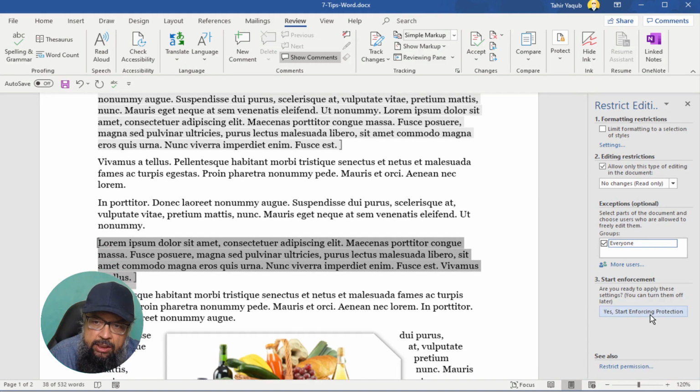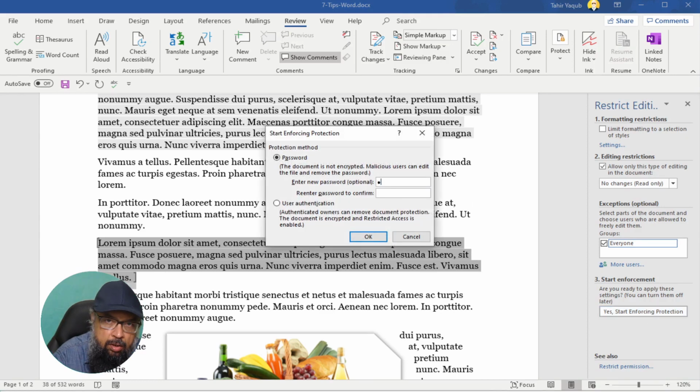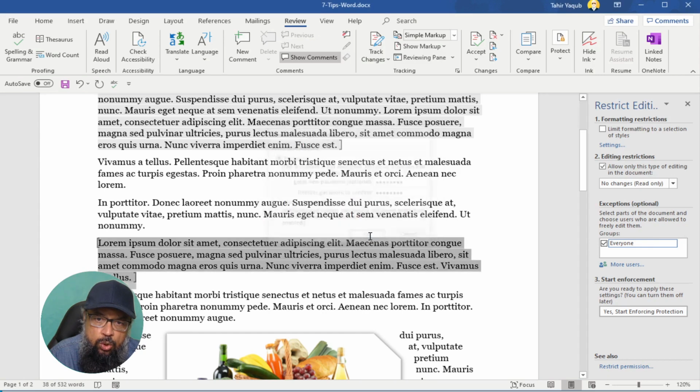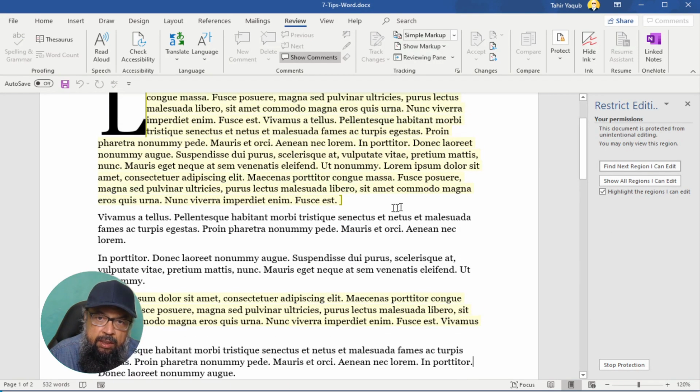And then I click on this area where I want to enforce the restrictions. I click here. It will ask for a password. So I give it a password one more time, and I can authorize someone to remove the restrictions, otherwise I click OK. And now these two parts are editable. Let's say I want to add something here. This can be edited, but if I want to change this area, I click here, the cursor will appear, but I don't have the ability to add anything. I am pressing the keys, but I cannot edit this part, and I see this message here.